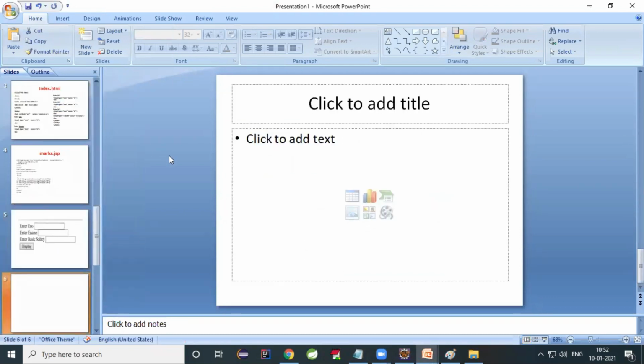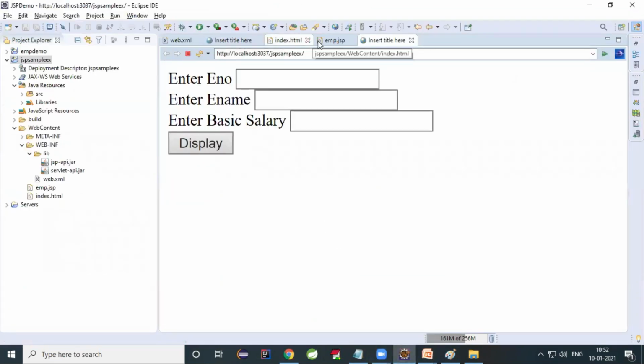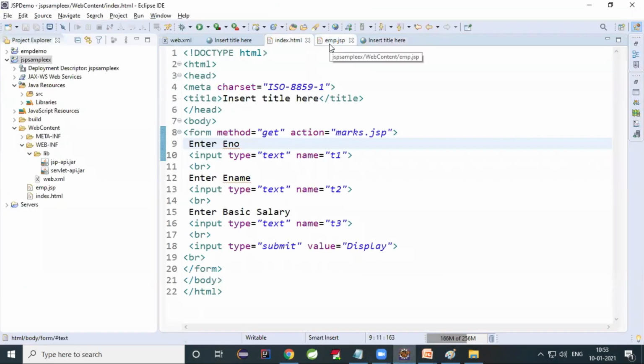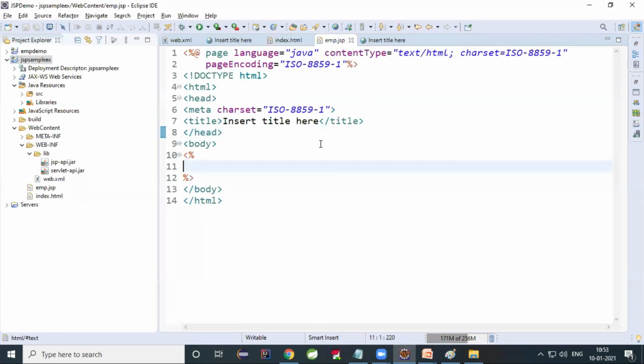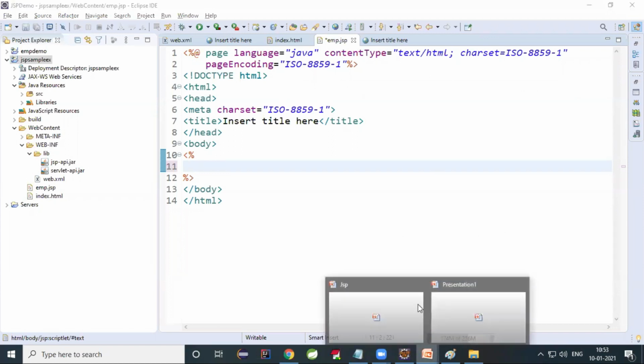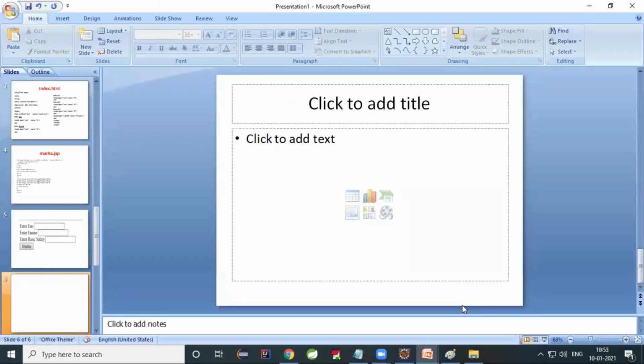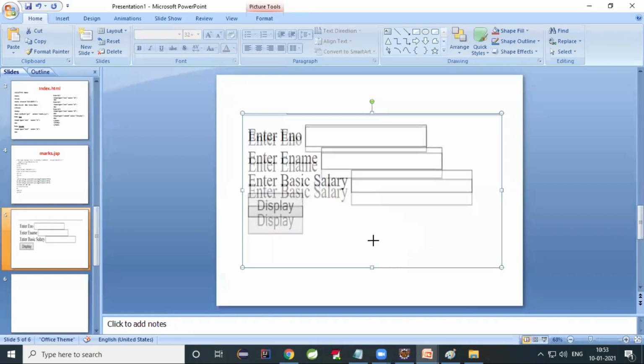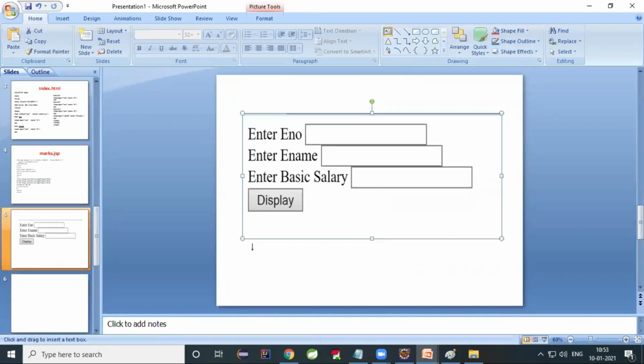Right click, new file. Here what to do? Let us see here. Index.html, emp.jsp. Here I will try to catch the values and store them in some variables. Let us consider my requirement.